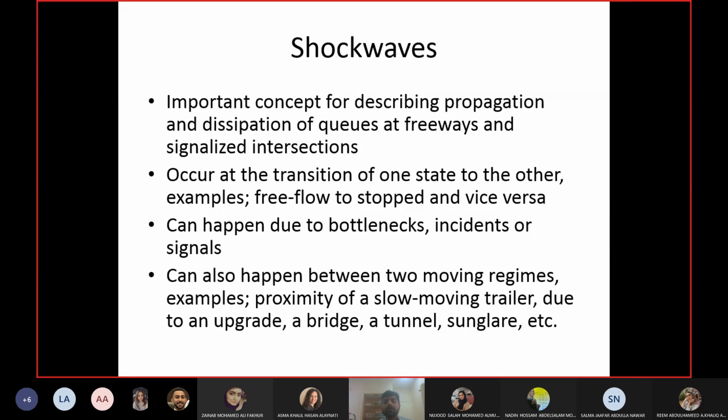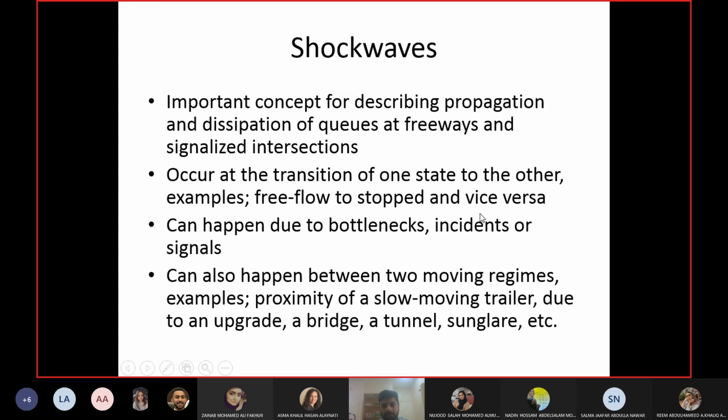Okay, so for example, you are going from a segment which was in free flow conditions to another segment which is in stopped condition. You are going from a segment which was in free flow condition, where there was no traffic at all, and then you are entering into a segment which is stopped. Stopped because of a signal, maybe. Stop doesn't mean that it's a traffic jam. Maybe it's a traffic jam or maybe it's a signal or roundabout or whatever. So this will cause a shock wave.